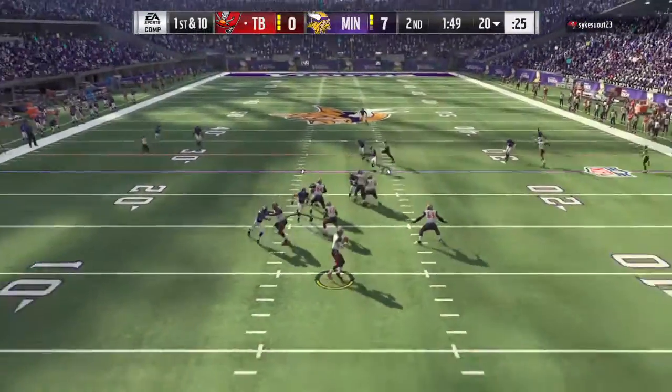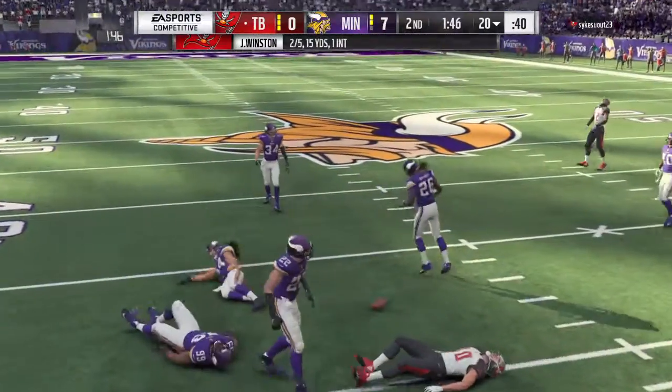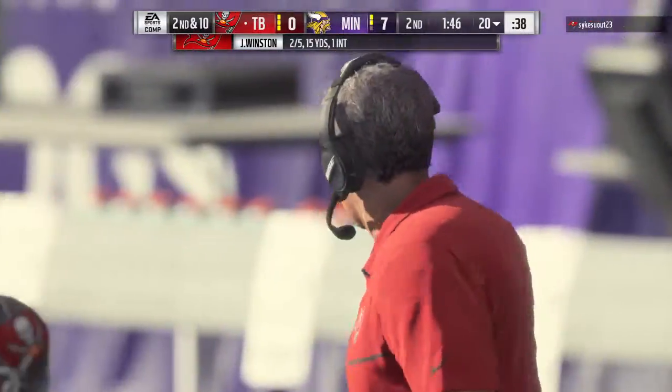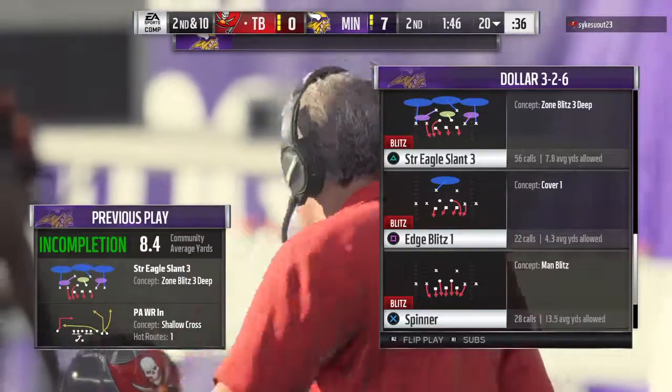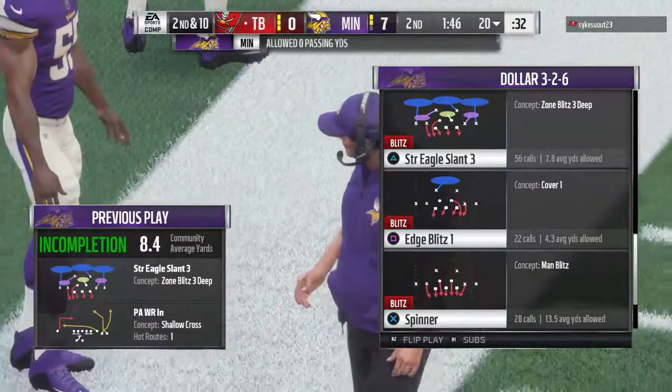They go play action here on first down. He couldn't quite hold it. Got hit. Ball pops out. Incomplete. Well, let's take a quick pan across the league and talk about, we've got three 0-5 teams still in